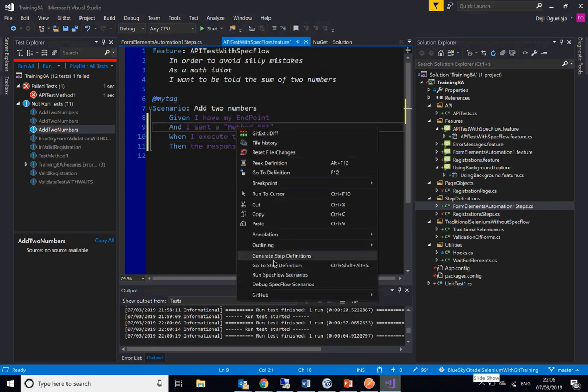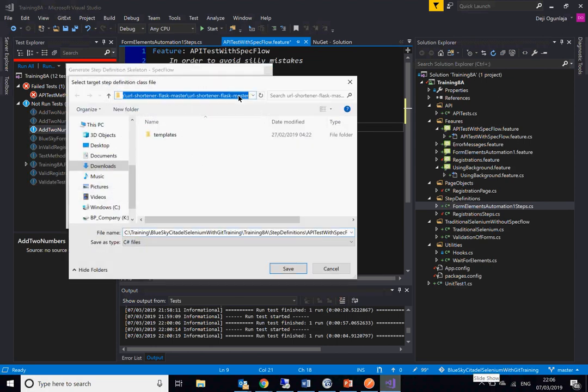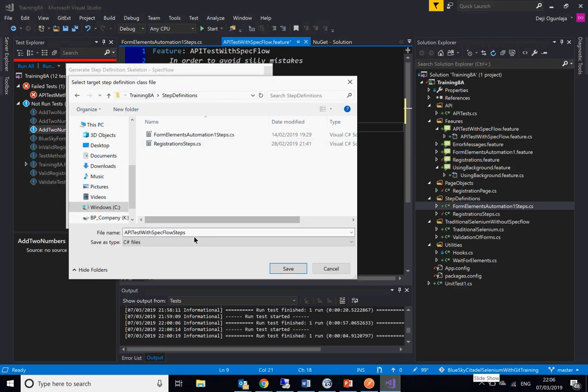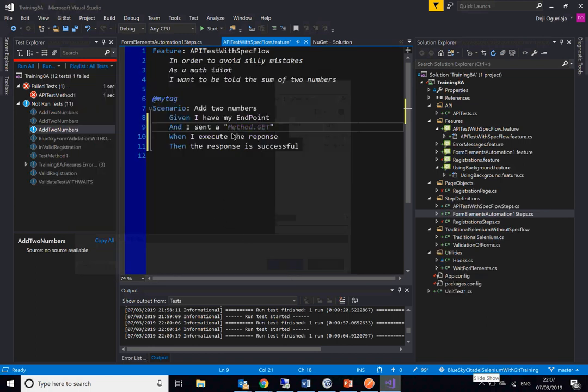Okay, so when I now generate my step definition, I want to be sure it's in the right place. Yeah, so I want to save it to that point. So yeah, so now,